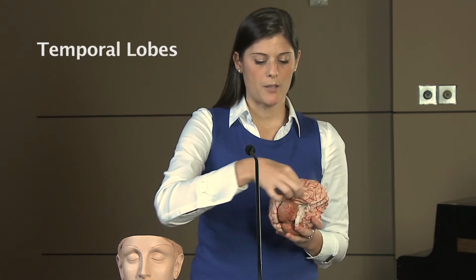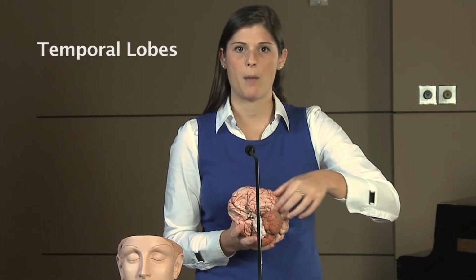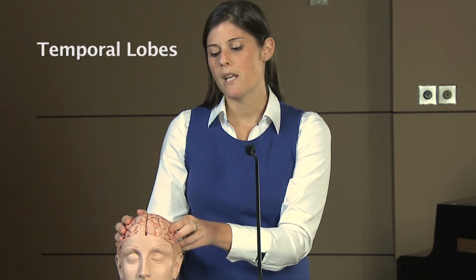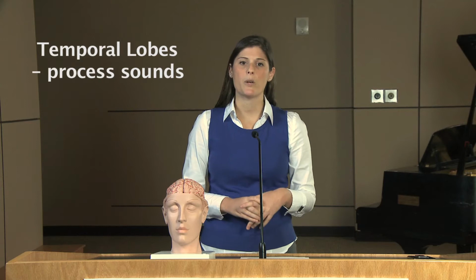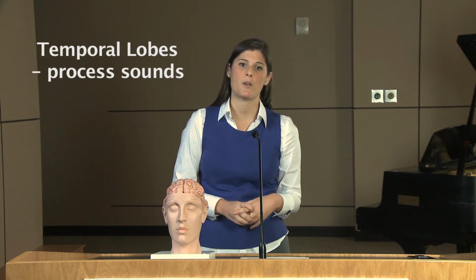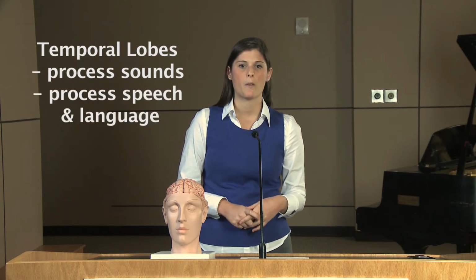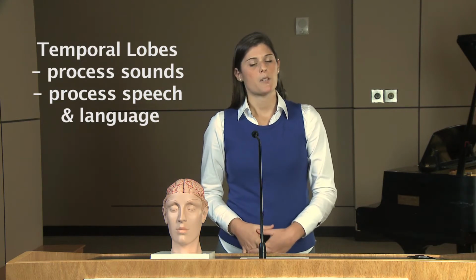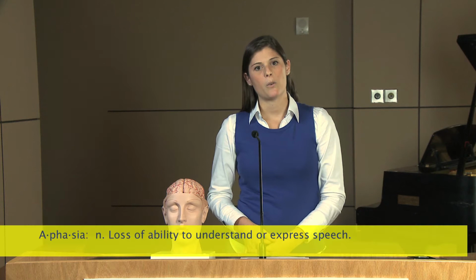The next lobe we're going to talk about is our temporal lobes. Again, they're centered right here on each hemisphere. What our temporal lobes are responsible for is our ability to process auditory information, so being able to recognize and discriminate between different things. Another important aspect of our temporal lobes is that it deals with our speech and language functioning. After an individual has a traumatic brain injury, they may present with different types of aphasia, or disturbances in